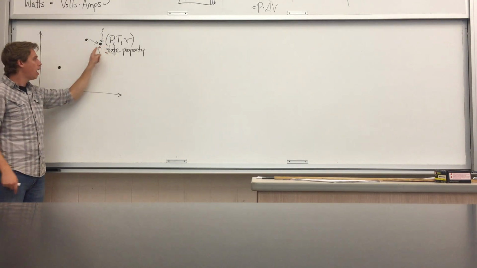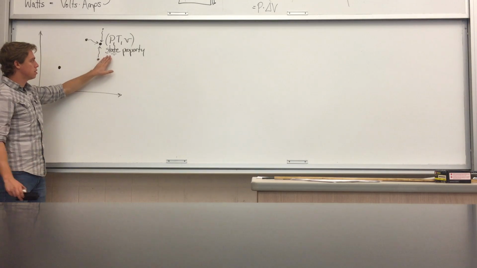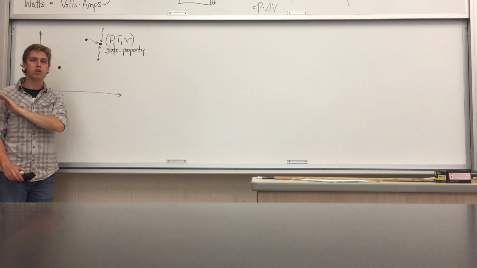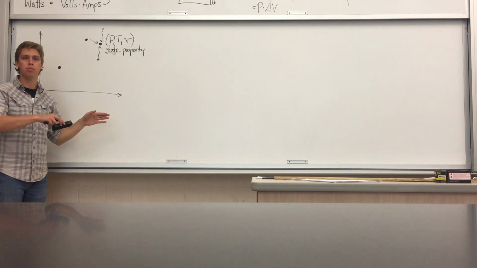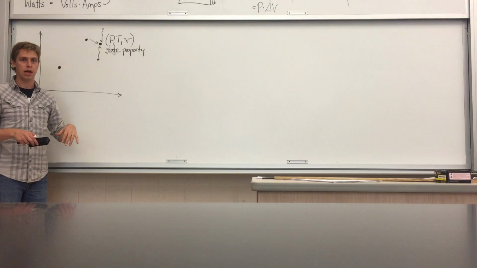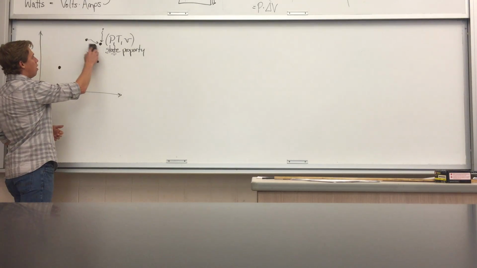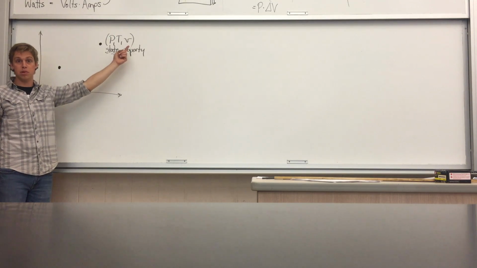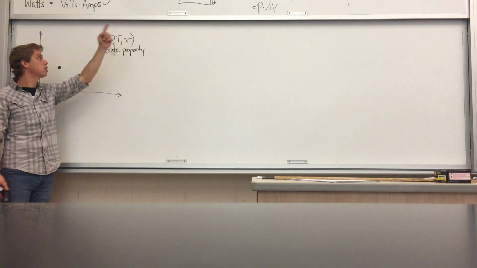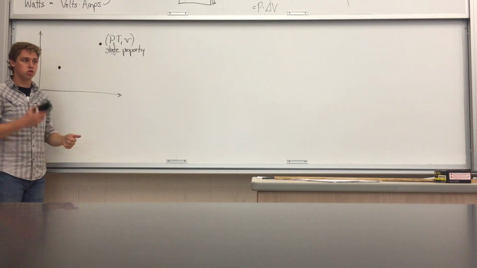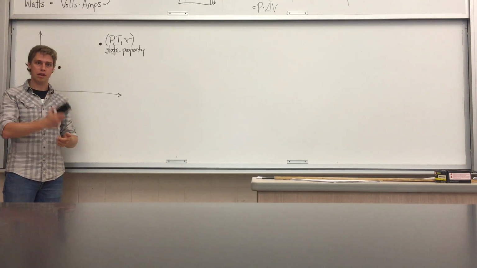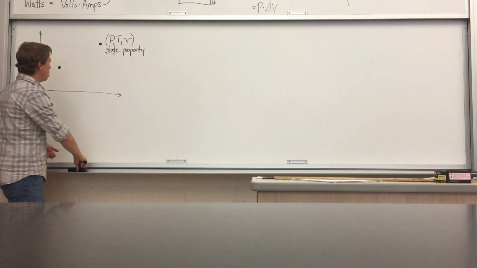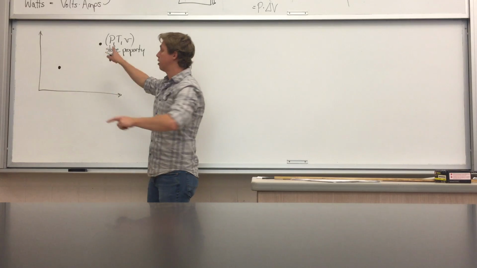These are possibilities for where we used to be, or what our old state was before we got to this one. And what we're saying is, with this state property, this point in itself carries no information about where we used to be or how we got where we are. There's no way that it can know. All it is is a collection of variables. Remember, that's the definition of a state. It's a collection of the properties that we care about. So it's just numbers. The pressure is this, the volume is this, the temperature is this. Can't say anything about where we came from. So that's what these points represent on a phase diagram.